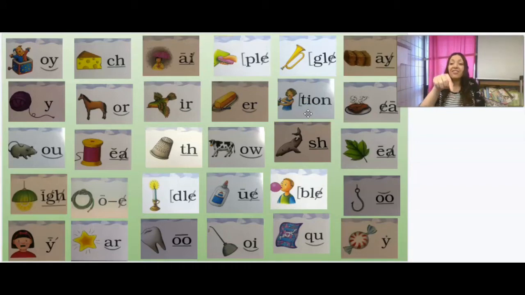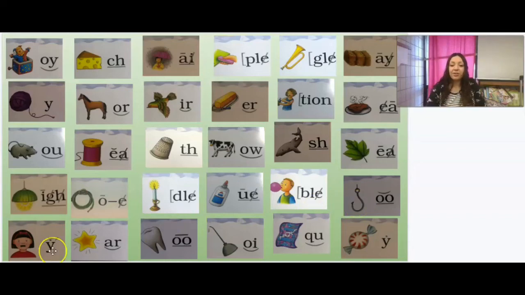Lotion, shun, final syllable TION. Then I have steak, A, digraph EA, mouse, owl, diphthong OU, thread, digraph EA, thimble, digraph TH, cow, ow, diphthong OW, shark, sh, digraph SH, leaf, E, digraph EA, light, I, trigraph IGH, hose, O, O consonant E, candle, dull, final syllable DLE, glue, U, digraph UE, bubble, bull, final syllable BLE,